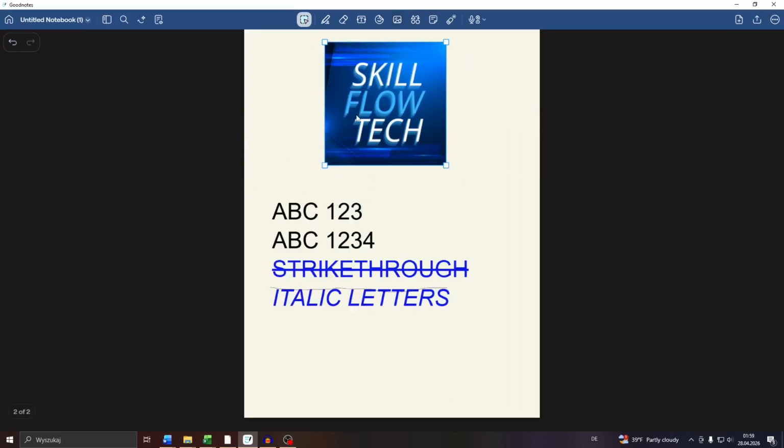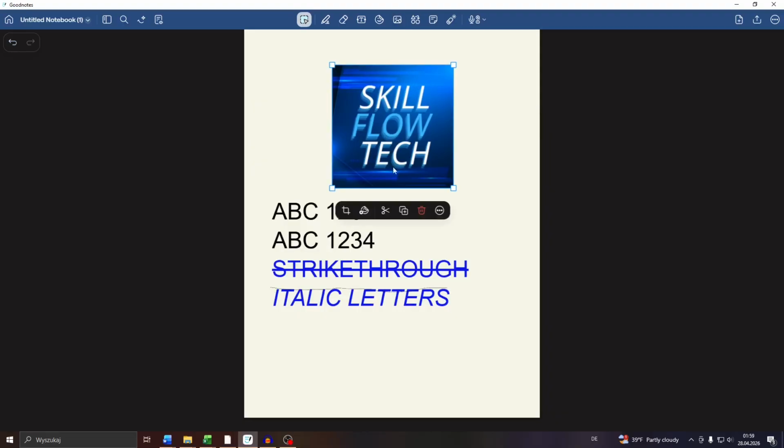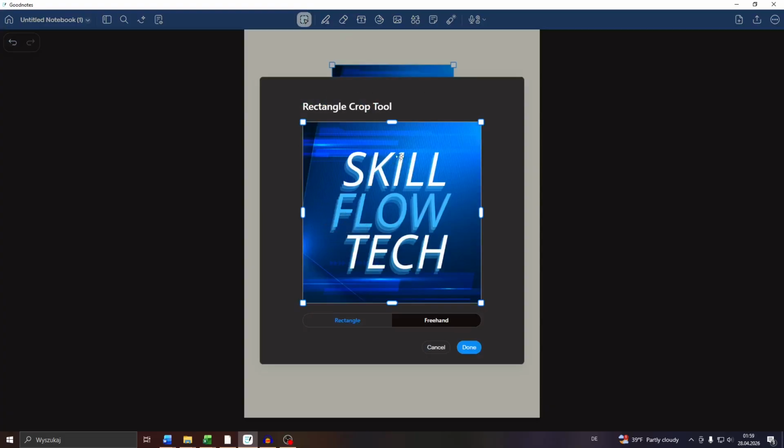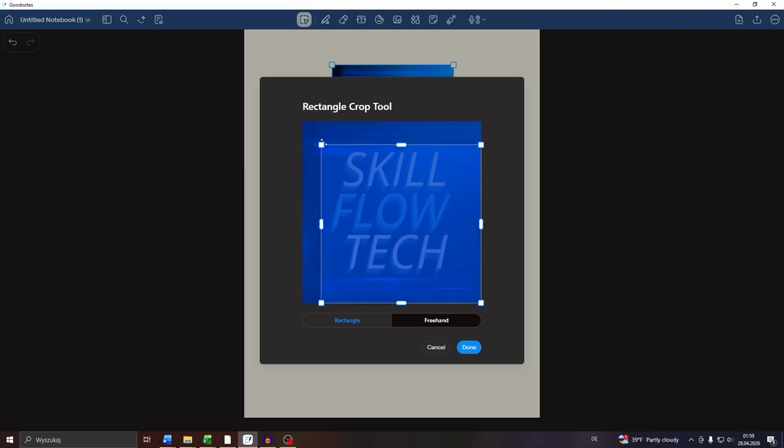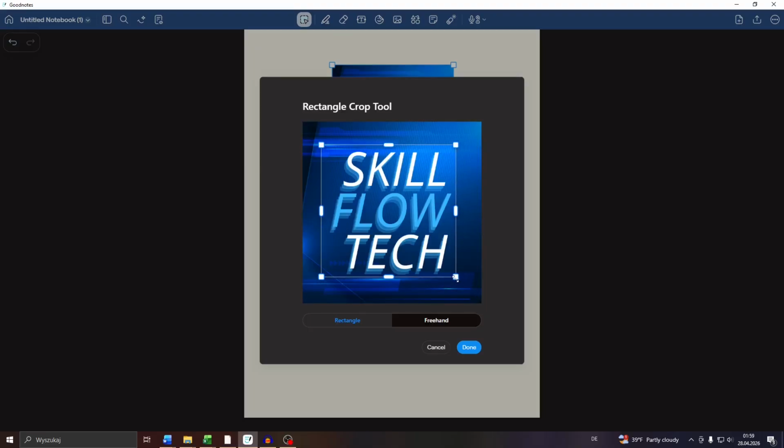Now, let me position that example logo here. Left click into it and you will see the cropping tool just to the left. That is going to redirect you to this rectangle crop tool here. So you may use either this one or this option, and then use these handles here to crop the area you would like to keep. We go with this one, confirm by clicking into done,